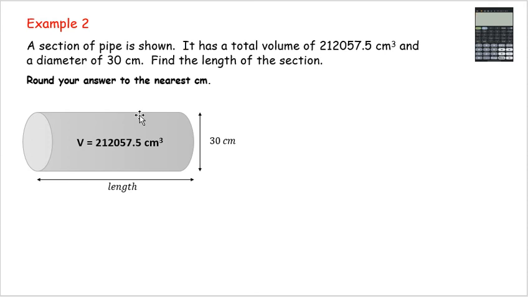Okay, so straight off, I know I'm given the volume here, so I'm going to go straight to the volume formula. So the volume of a cylinder is pi r squared h. And again, just to make this really clear, our h in this case is the length of the cylinder. Because the cylinder's lying down, that would be the length, but still h in the formula. Right, so in order to do this, what we're going to first do is put in all our information. So the volume we know is this,